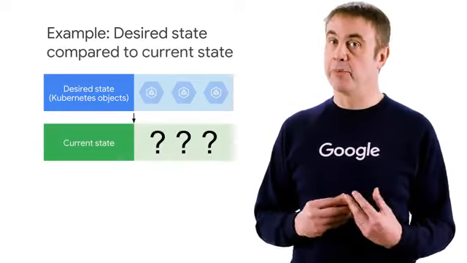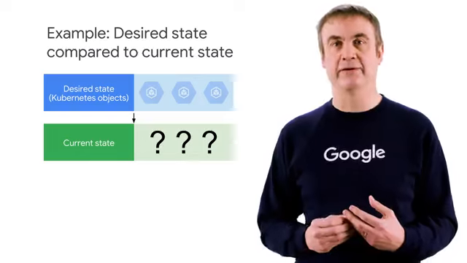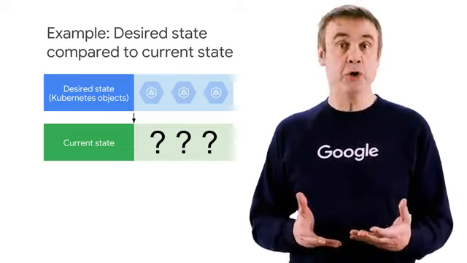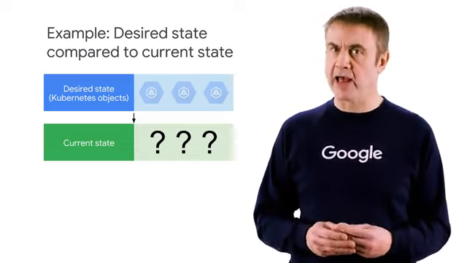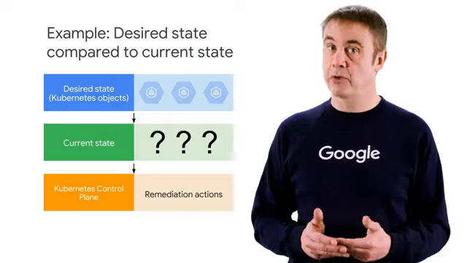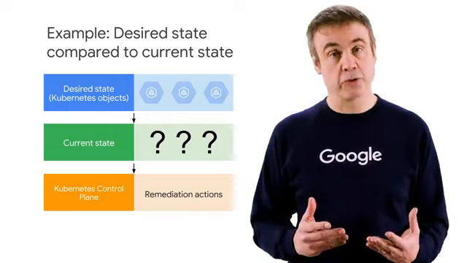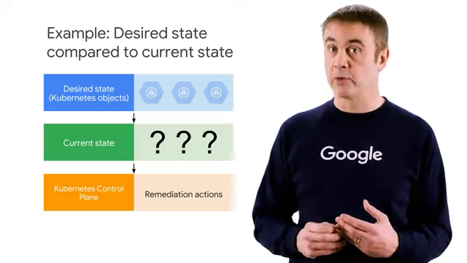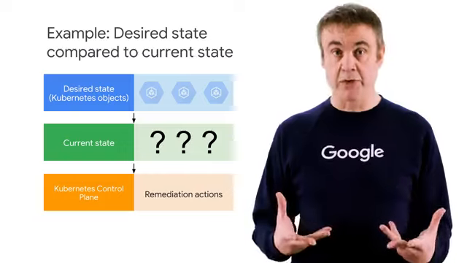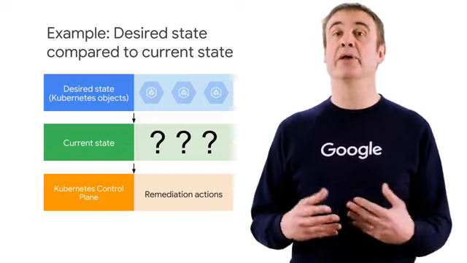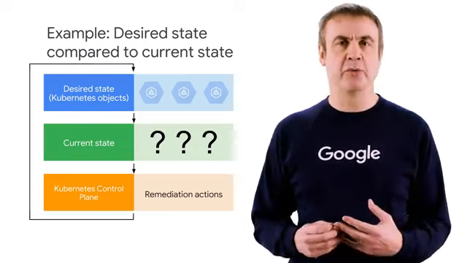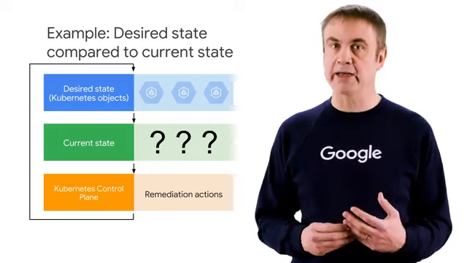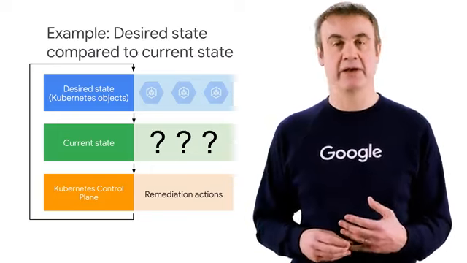Now, Kubernetes compares the desired state to the current state. Let's imagine that our declaration of 3 Nginx containers is completely new. The current state does not match the desired state. So, Kubernetes, specifically its control plane, will remedy the situation. Because the number of desired pods running we declared as 3, and 0 are presently running, 3 will be launched. And the Kubernetes control plane will continuously monitor the state of the cluster, endlessly comparing reality to what has been declared, and remedying the state as needed.